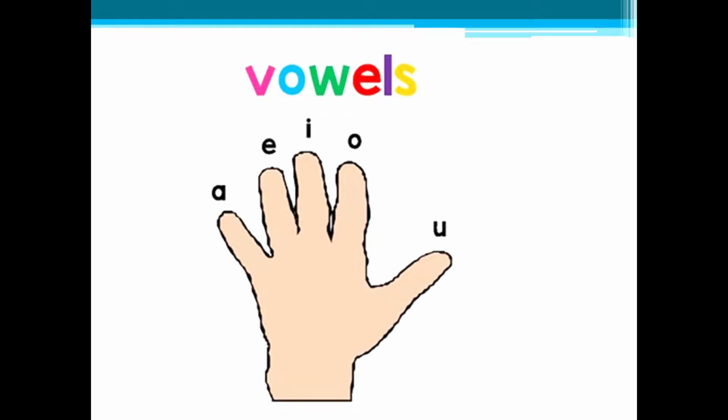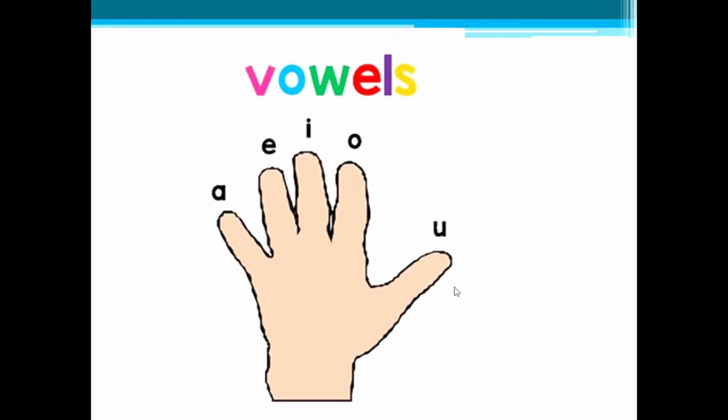Okay. So now show me your hand. Just like you're able to see on the screen, you can see this hand. Open your hand like this. Now show me your little finger. Yes, this way. Your little finger is A. The ring finger is E, the middle finger is I, the pointer is O, and the thumb is U. Okay, so say it again with your fingers. A, E, I, O, U. Very good, children.